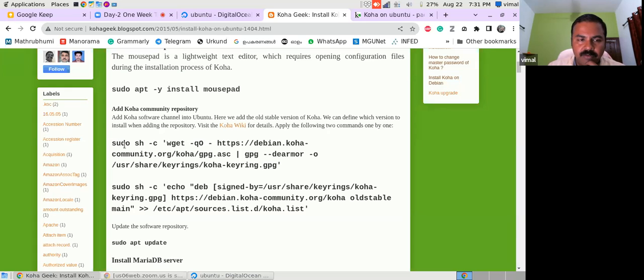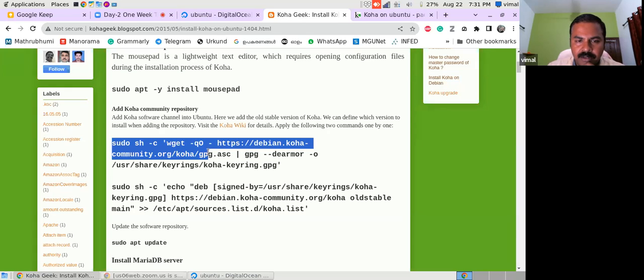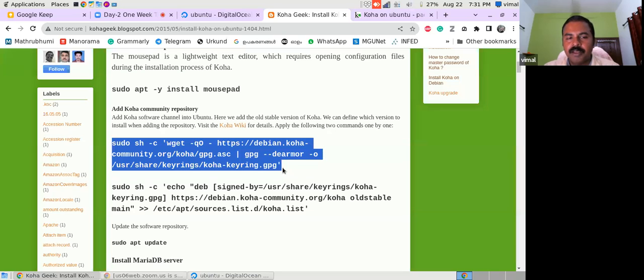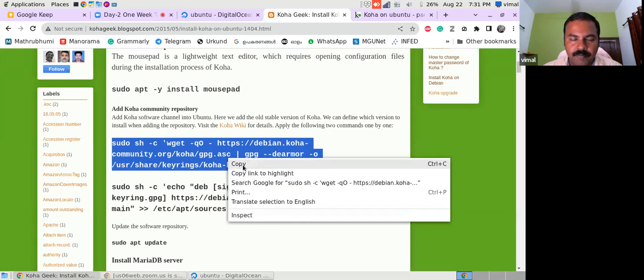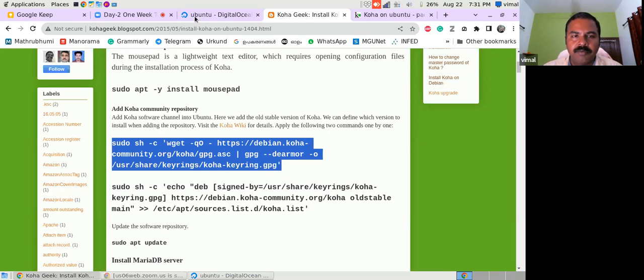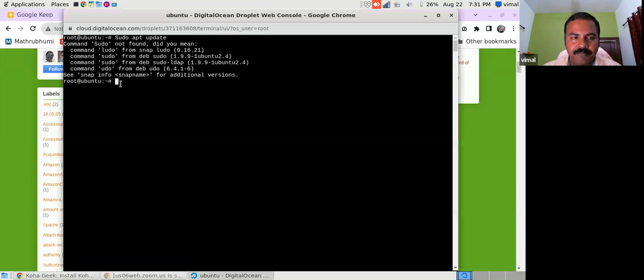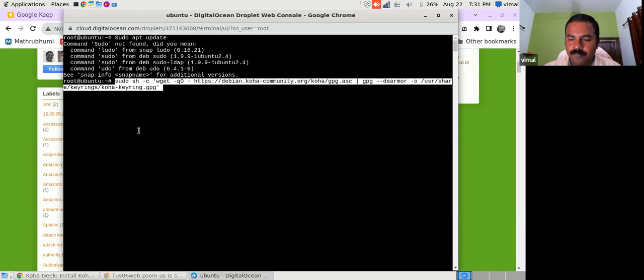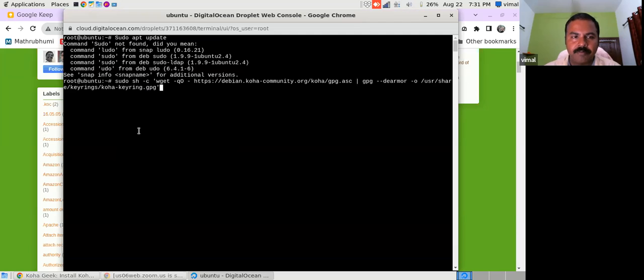Okay, first command is this one. We are going to add a k-ring. K-ring means there is a key added to our server, and the Koha server can identify that this is a trusted server. Just copy it and apply it. Enter. Next command is,